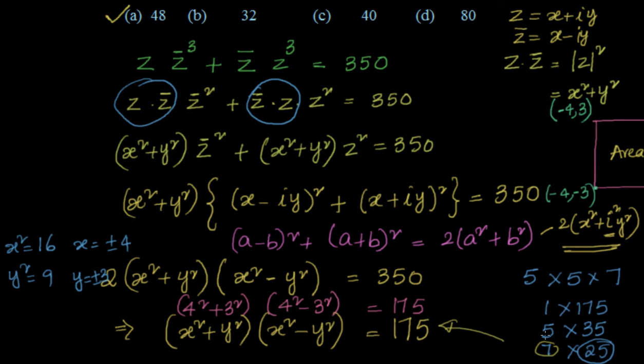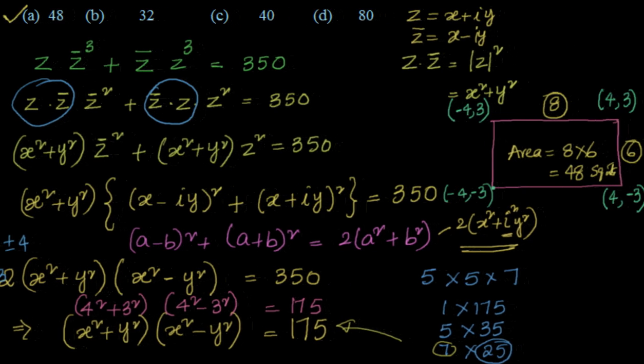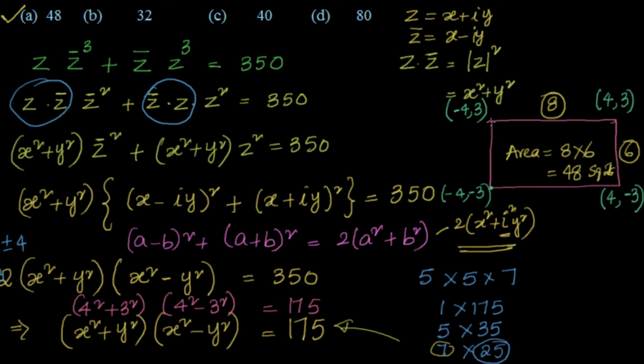And 25 immediately we know 3, 4, 5 is a Pythagorean triplet. That means x square is 4 square and y square equal to 3 square. Now that means x equal to plus or minus 4 and y equal to plus or minus 3. That means the vertices of the rectangle are minus 4 minus 3, 4 minus 3, 4 comma 3 and minus 4 comma 3. So once we know the vertices, finding out the area is pretty simple. Length is nothing but horizontal line, so difference of x coordinates, and the vertical line is breadth, so difference of y coordinates. So that is 8 and 6 are length and breadth. Area equal to 8 into 6, 48 square units.